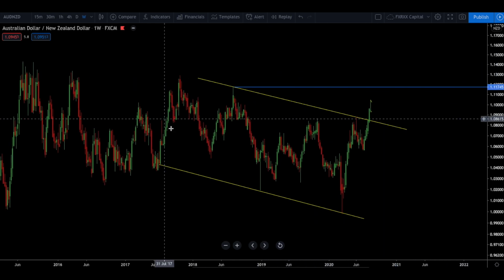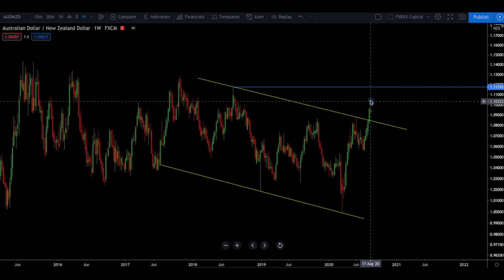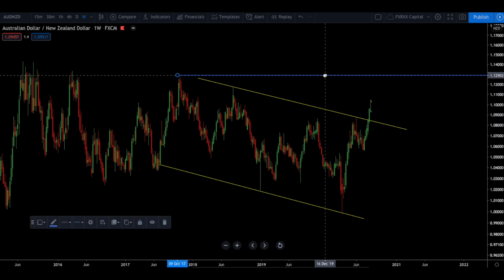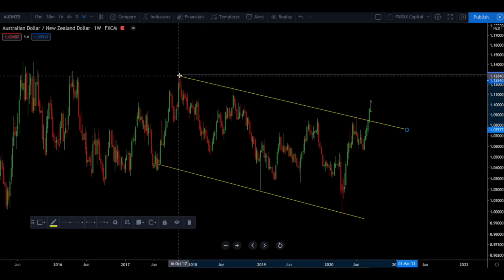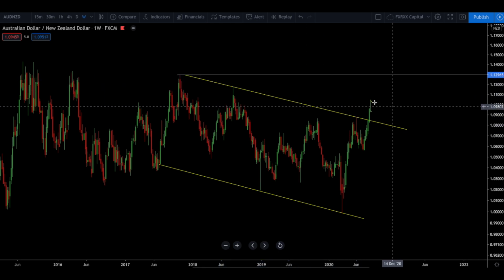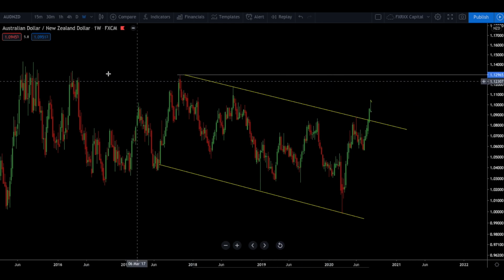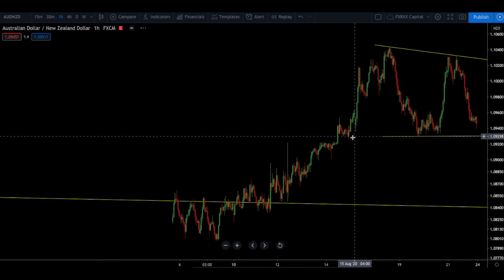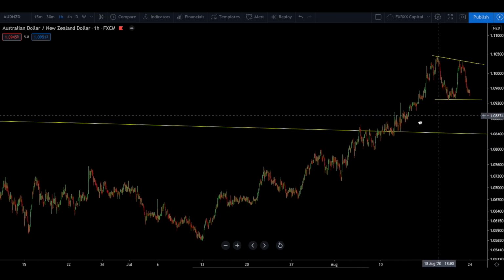We can see the price already break descending channel, and this is our minimum target. This is our second minimum target. You can see this is a very clean structure approaching the 90% rules. If we zoom into 1 hour time frame, you can see price start to create bull flag